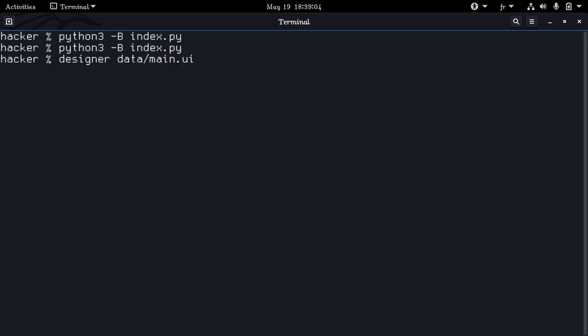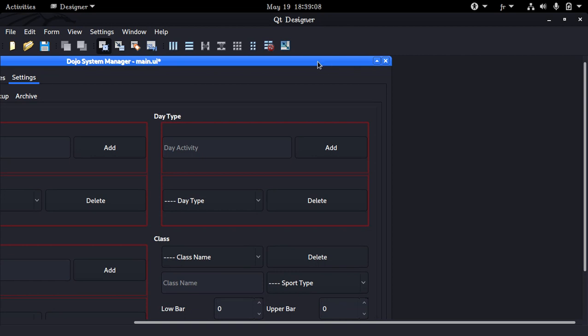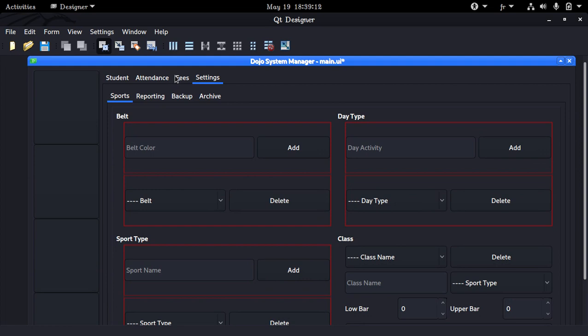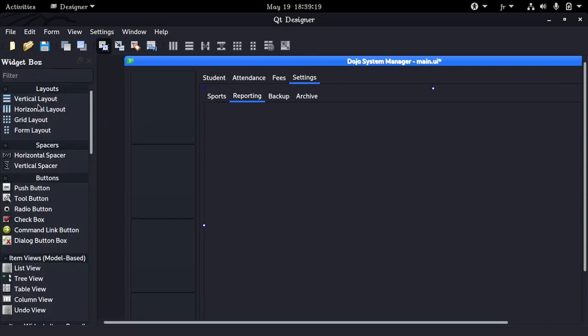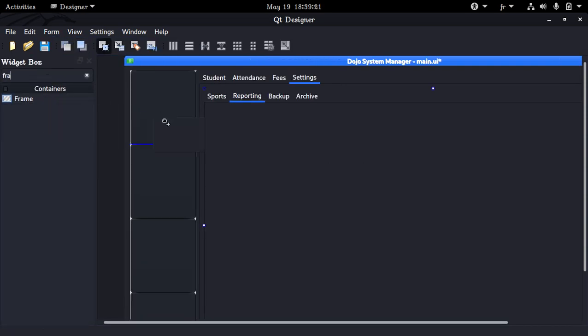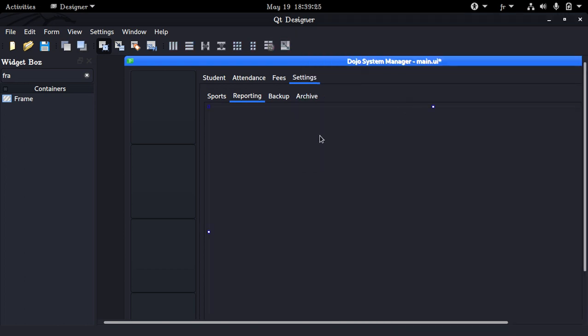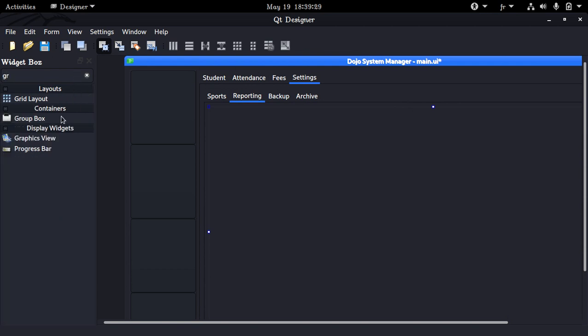Let's move on. There isn't actually too much of anything to clarify, so let's just do it. So in settings, the reporting section is where we are at. We are gonna need a frame, of course, which is right here. This is layout of grid. This layout has group boxes, 2 of them actually. This is one,